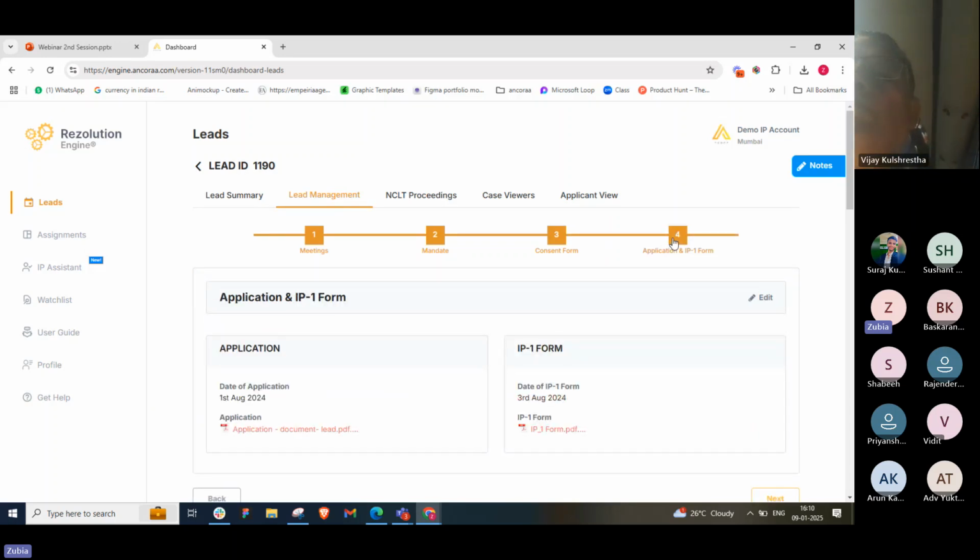And then the last thing is the application and IP1 form. So with that said, all the important documents that are required for a lead can be managed under a single tab, that is lead management. So that's about lead management. Next up, we have